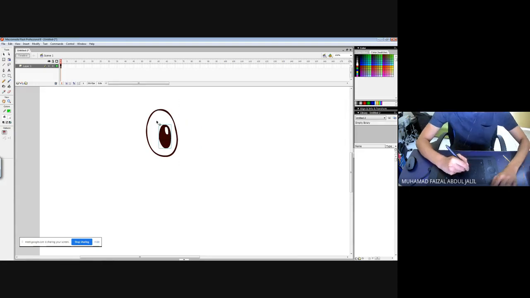So why do we have to separate the whole thing? Because it's easy for me to move the objects around. But I didn't rename them yet. Normally right here I didn't rename them.